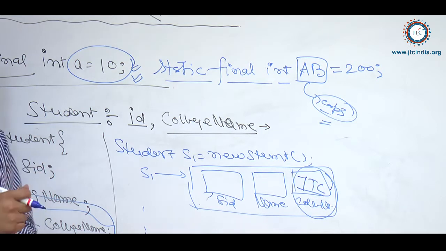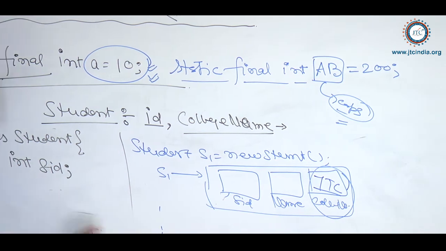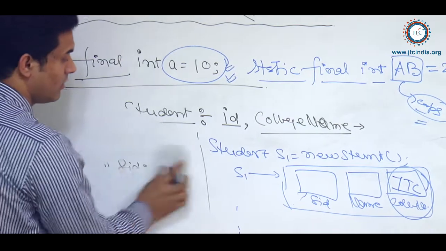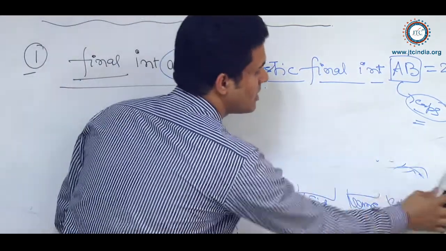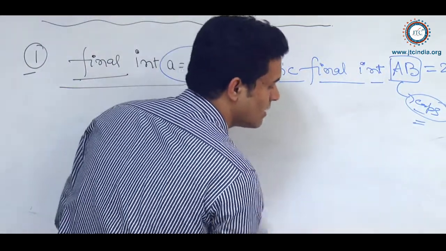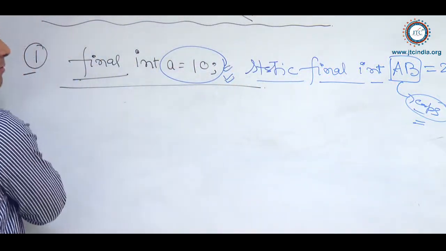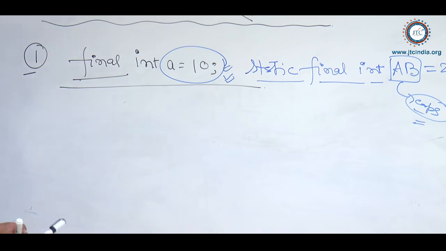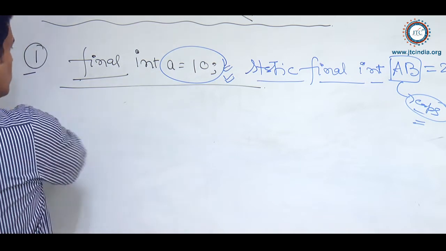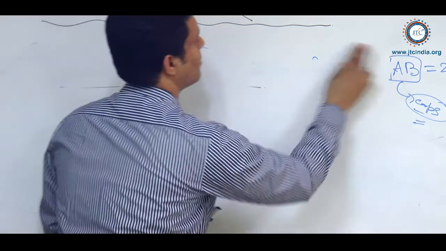Once again, I'll talk about this. What is a variable again? A variable is of a particular specific data type. It has some name, and the value of it. So suppose I am writing here this variable.